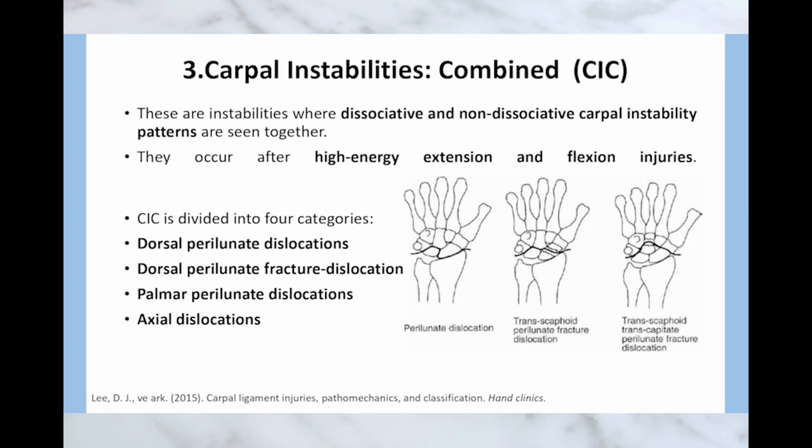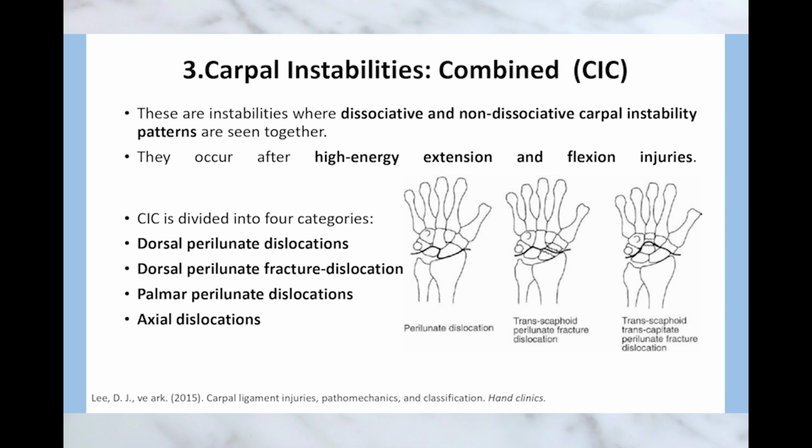And it looks like the classification system doesn't stop there. There's also something called combined carpal instability, CIC. Right. So what's that about? Yeah, so combined carpal instability, it's when you have both CID and CIND in the same wrist. And this usually happens from high energy trauma, a bad fall or impact, something that damages multiple ligaments and structures in the wrist.